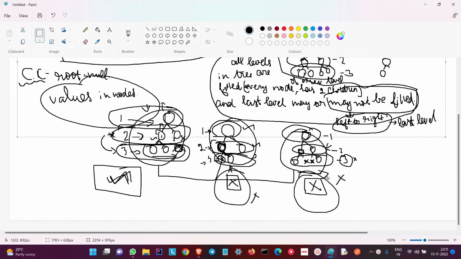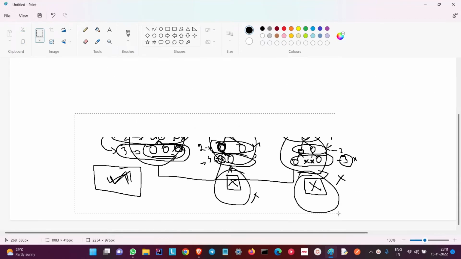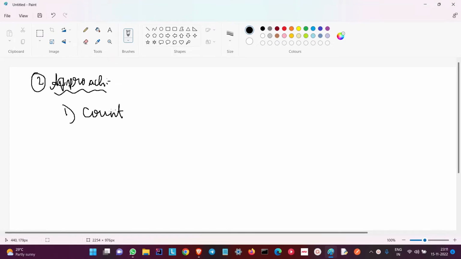Now let's move on to the approach. So the second step is the approach. How can we approach this problem? The first approach that comes to everyone's mind is to traverse over each node and keep track of a count variable. So count, so traverse each node